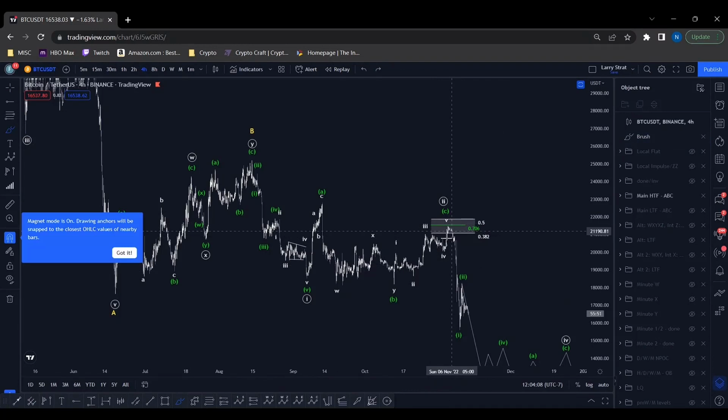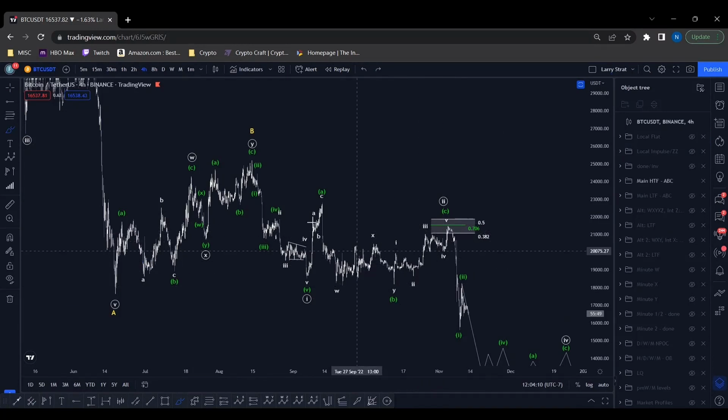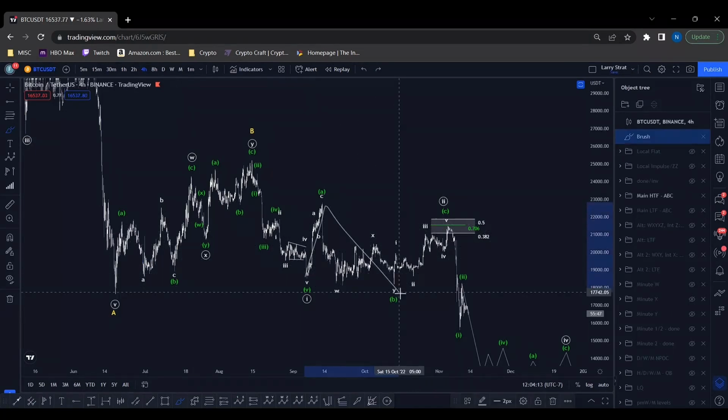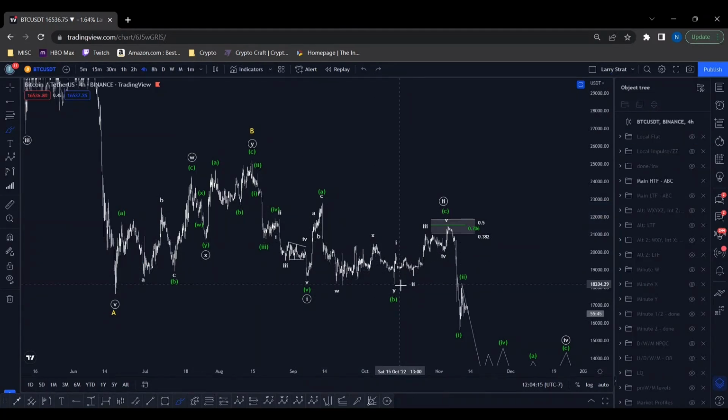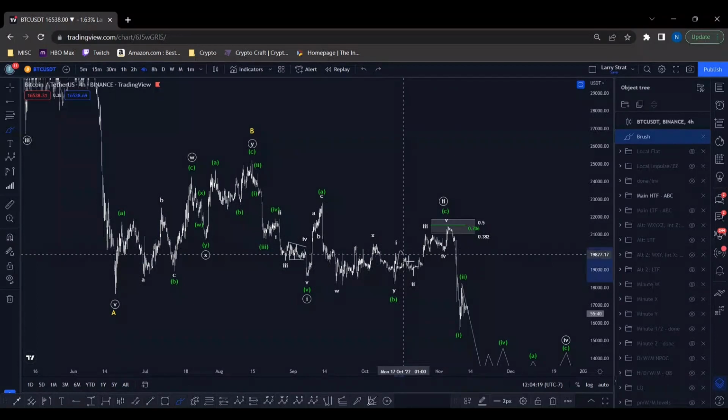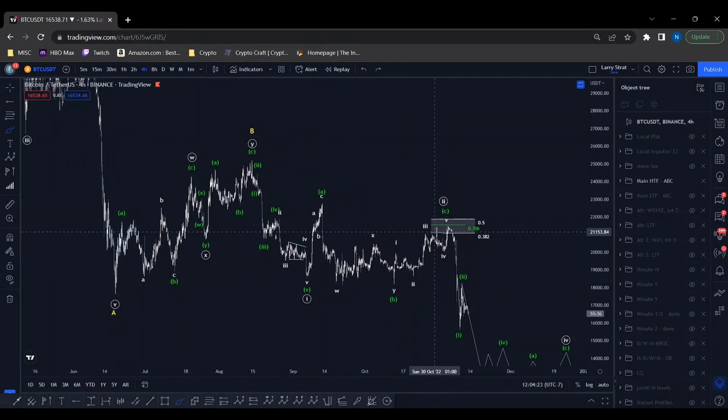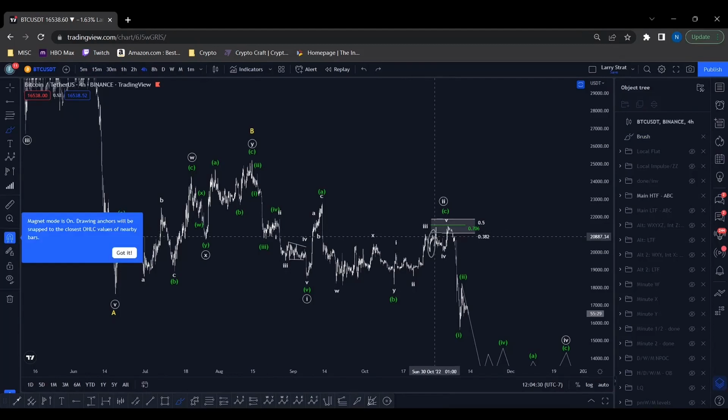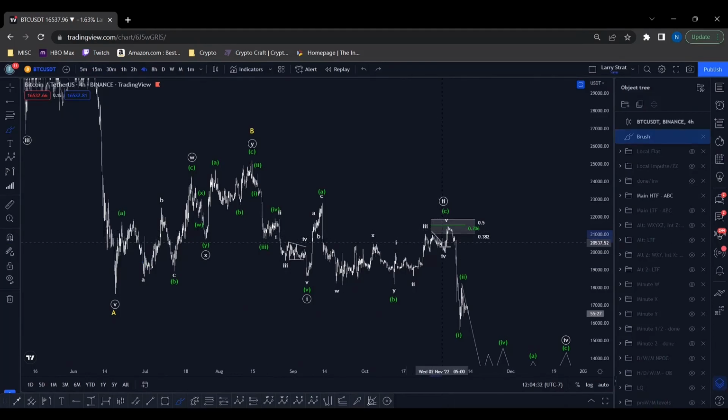And it had all the makings of it too, because we have this A right here, we had this complex B, and all we were looking for was just an impulse up. So we had a one, two, three, four. I remember last time we could not get this to finish right here, and that was the whole point of expecting another higher high. We couldn't get this to finish cleanly, so we were expecting another retrace,